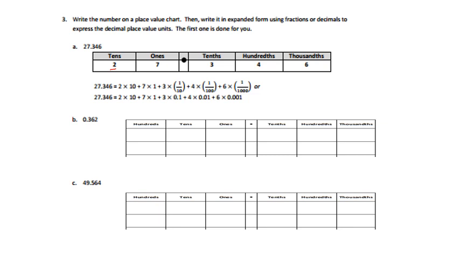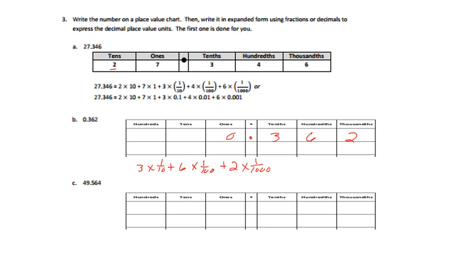So A is done for you, so let's go to B and let's go ahead and write it into our problem. Now here I have 0 ones. Okay, I can put 0 times 1, but I would end up with 0, so it's really not needed. So next, first I'm going to go with 3, and it's in tenths. So I'd go 3 times 1/10, and I have to add it to the next digit, which is 6, times